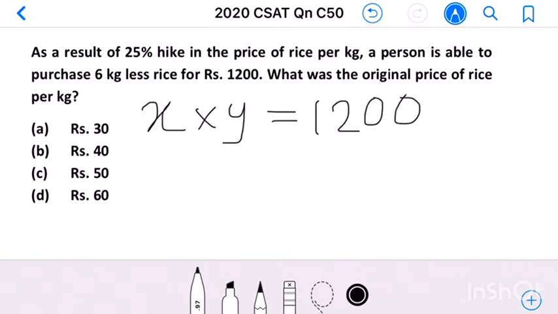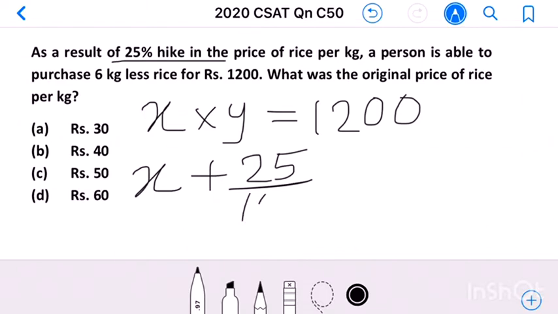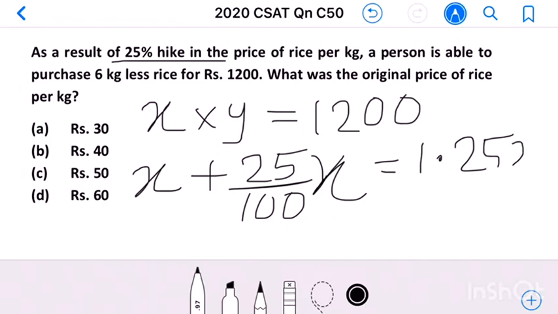Then there happened a 25% hike in the price of rice per kilogram. So how can we represent it? Earlier it was X, then 25%, we can write it as 25 divided by 100. 25% of X is increased. Then it becomes 25 divided by 100 equal to 0.25. X plus 0.25 X, we get 1.25X. This is the new price of the rice,